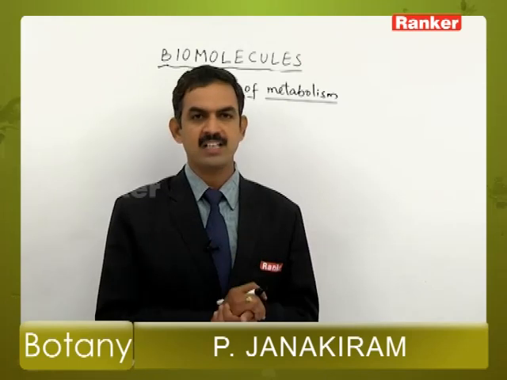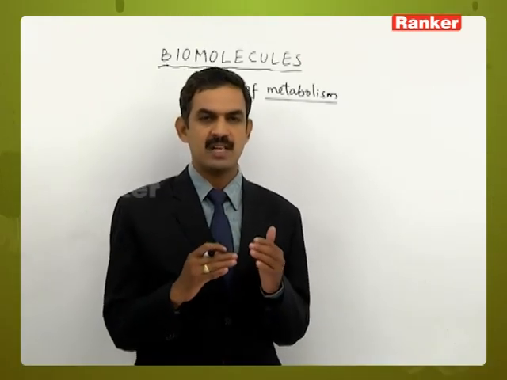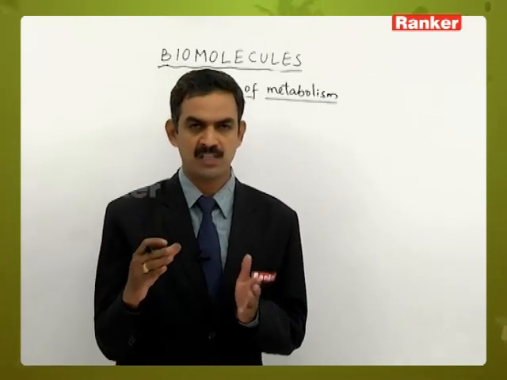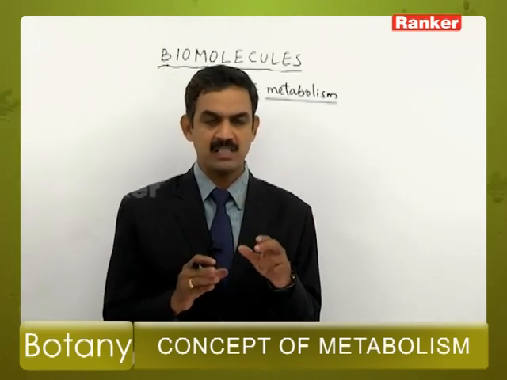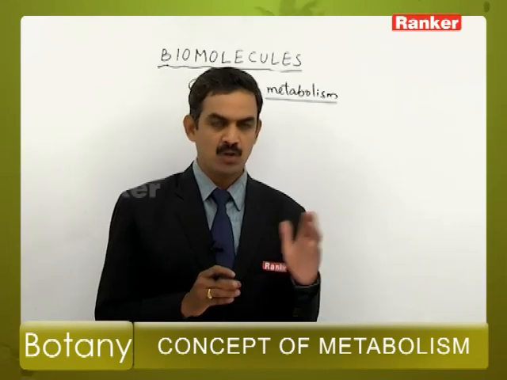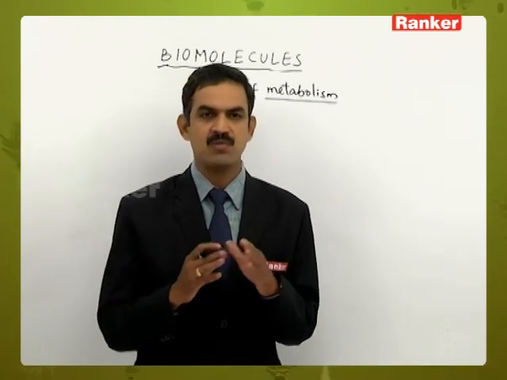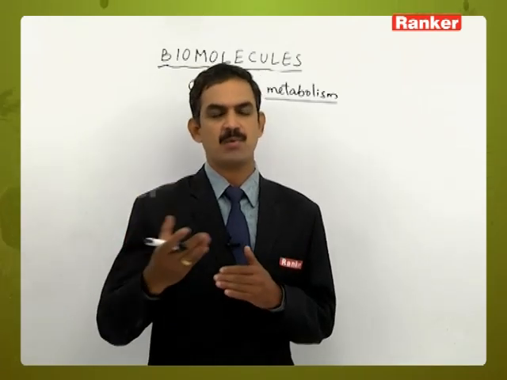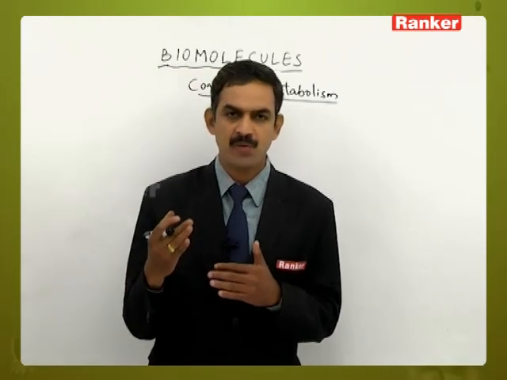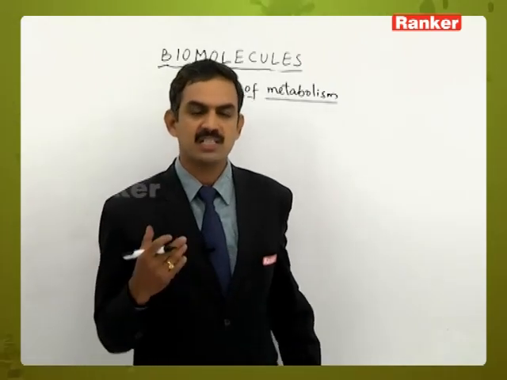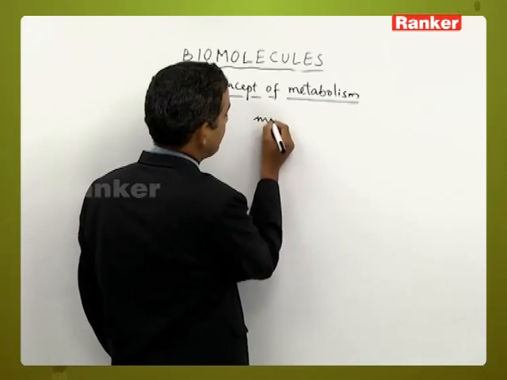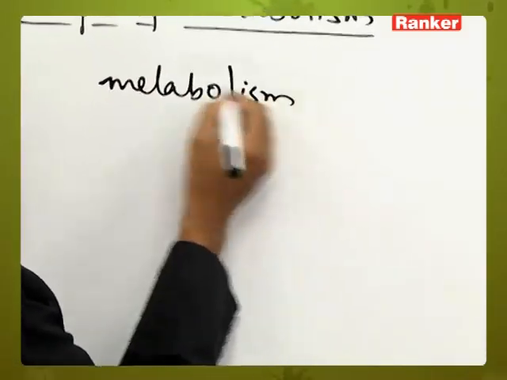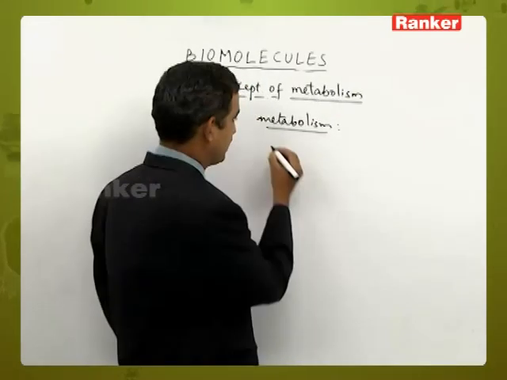some thousands of organic compounds are present, and along with that, inorganic substances are also present. These organic substances are converted from one type of organic substance to the other type. An organic compound is formed from another type of organic compound, and this so-formed organic substance will not remain as it is; it will be further converted into some other type. Likewise, changes take place from one type of organic compound to another. These changes from one organic compound to the other are called metabolism, and they take place in the form of chemical reactions